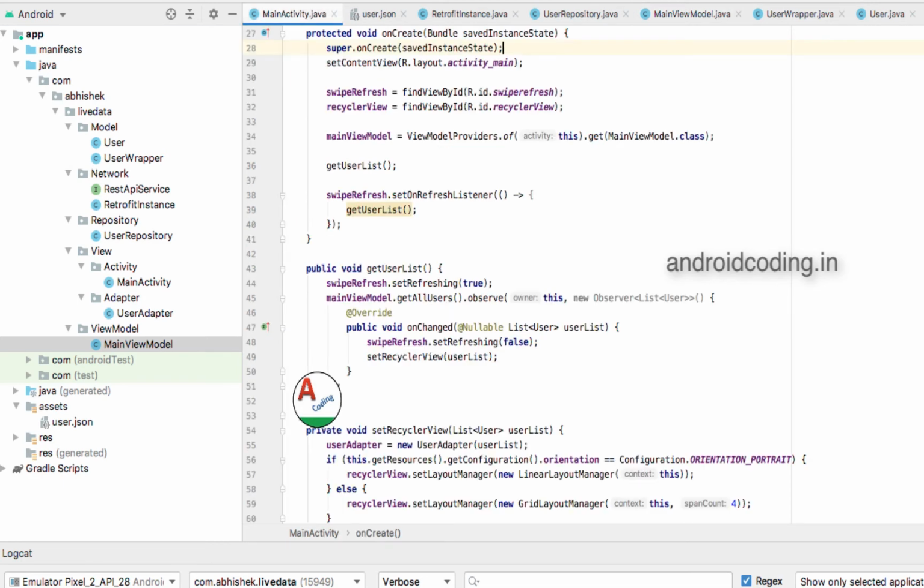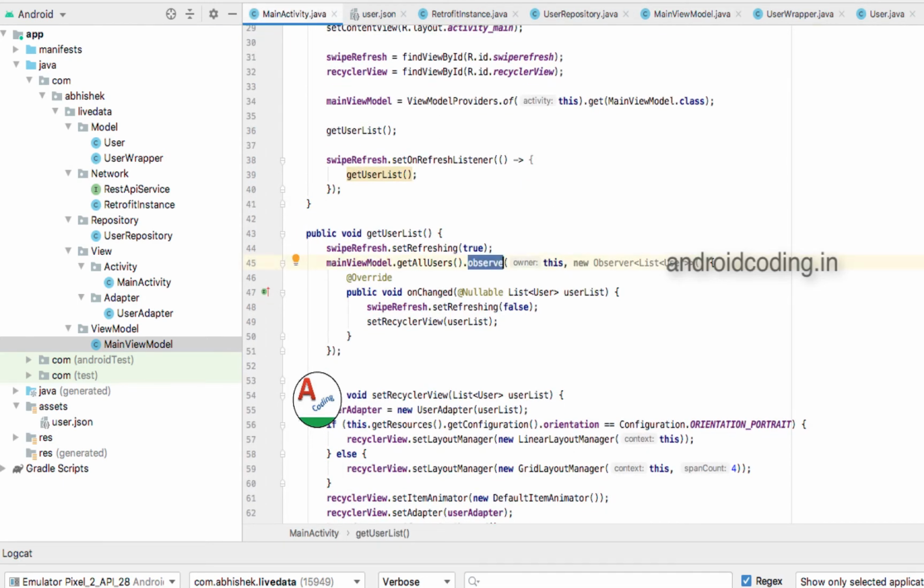So here in view you can observe the data. So it's a unidirectional communication in MVVM architecture. The data from model will go to view model, and from view model it will be displayed into view. So from view model to view we emit the data, and from view we observe the data.